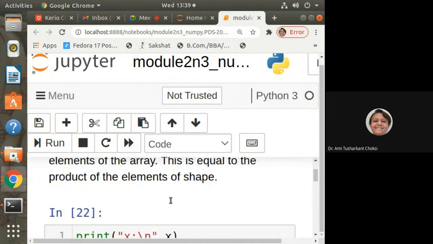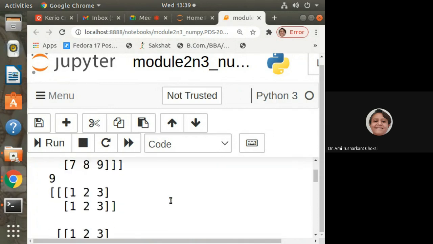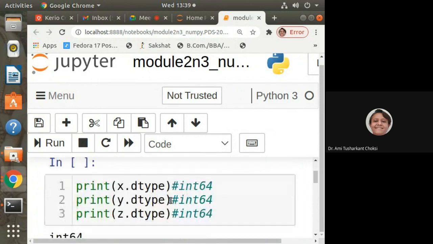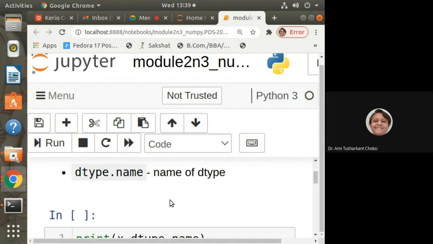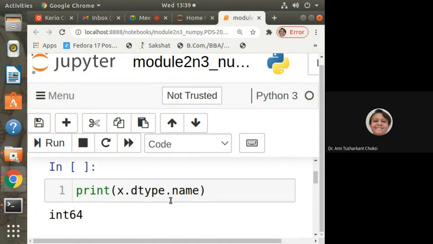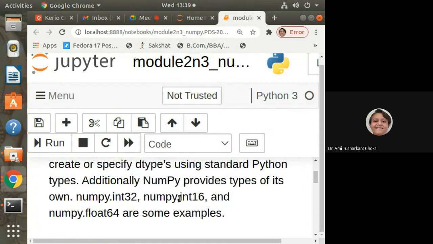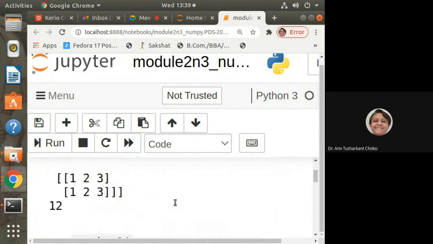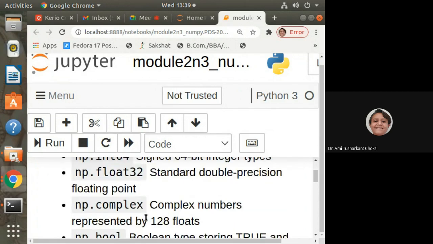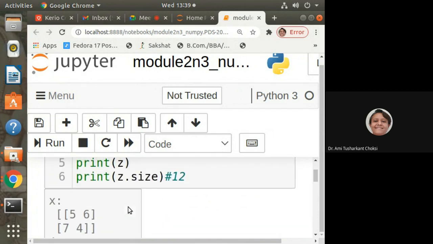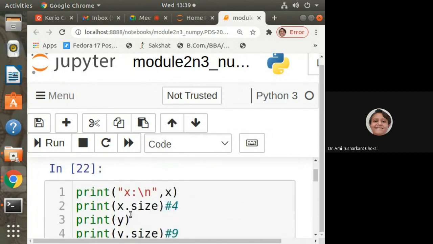Then after ndarray.size, that also we have seen. dtype, that also we have seen. dtype.name, probably this was remaining. This one we have seen, right? This dtype, that is for np array, that we have seen.